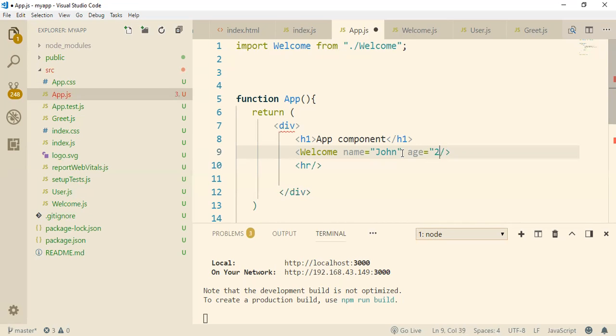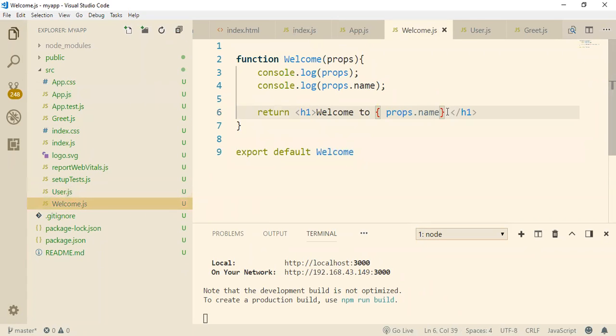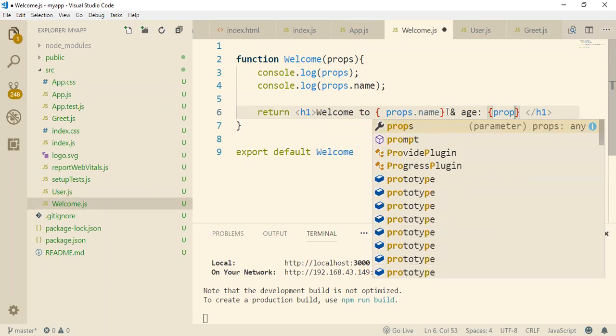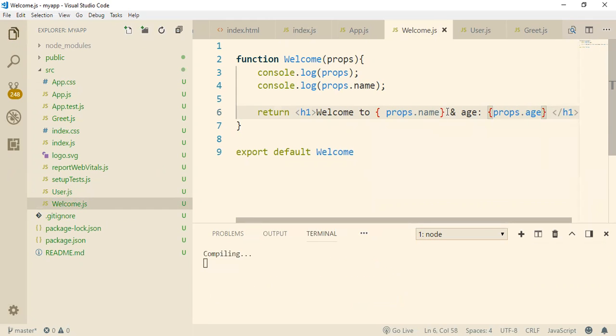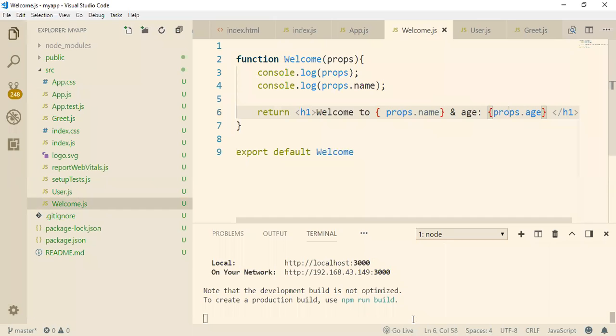Here we are passing it in the form of a string, 20. Now save it and go to the Welcome component. Welcome to John, and I want to display the age. How can we access it? props dot age. Again run it and check the output.